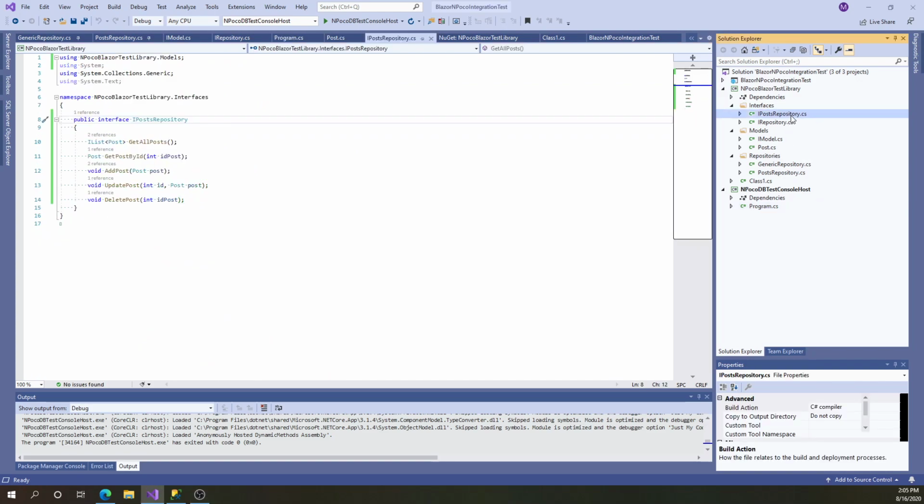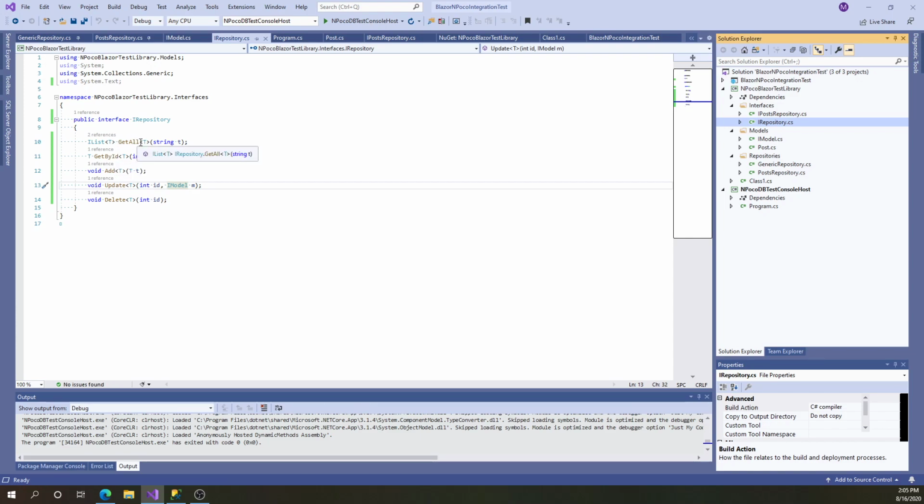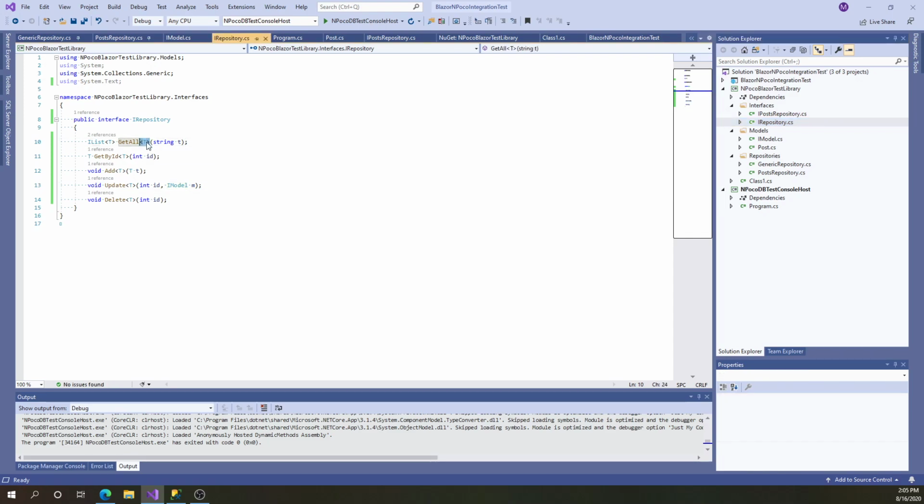You remember the IPostsRepository I created? Now I created a very similar one called IRepository because that's going to be my super generic one. And here you will see all I did is I just removed the wording. Instead of GetAllPosts, I've just got GetAll, GetByID, Add, Update, Delete. And what's very important is that you have a type indicator here. So to each and everything here, you can just add angle brackets T, and that will specify